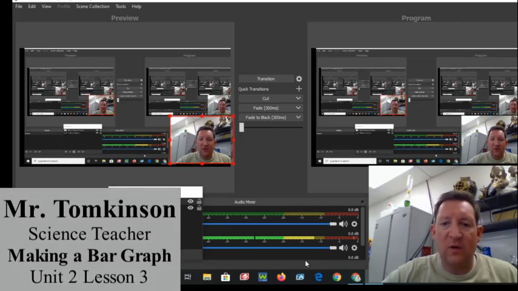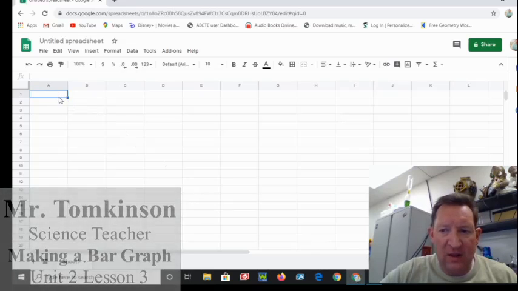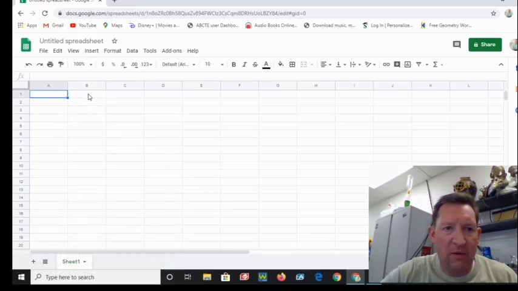I just wanted to show you guys a quick tutorial on how to make a bar graph. So what we're going to do is open up Google Spreadsheet, okay? What we're going to do with Google Spreadsheet is you have these lines right here. The first top part right here is where you're going to put the title of what you're actually making. So we're going to be making a bar graph, and this has to deal with the